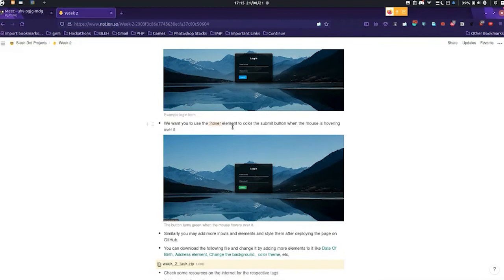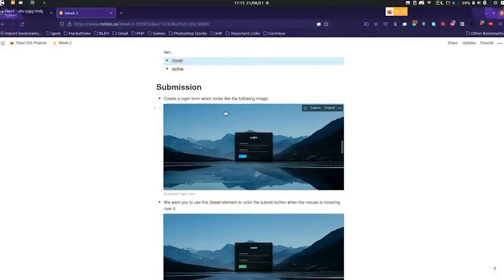So for the submission, we have already provided you only a blank CSS template and a completed HTML file.